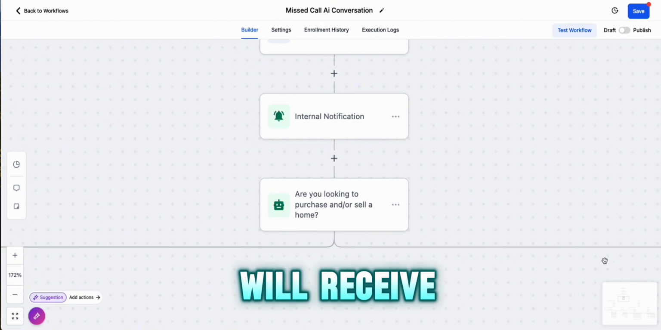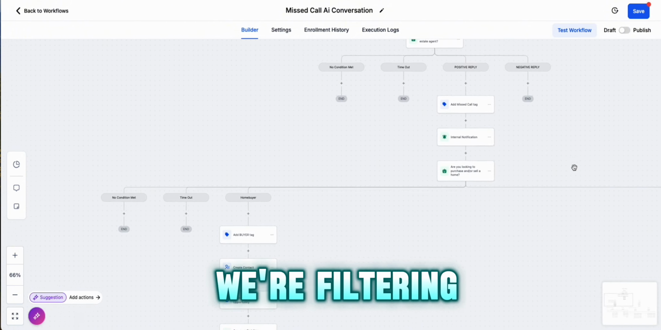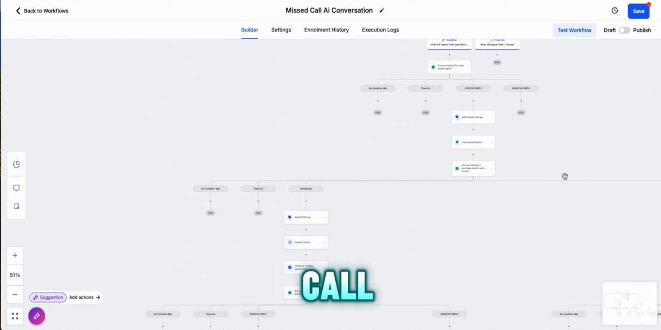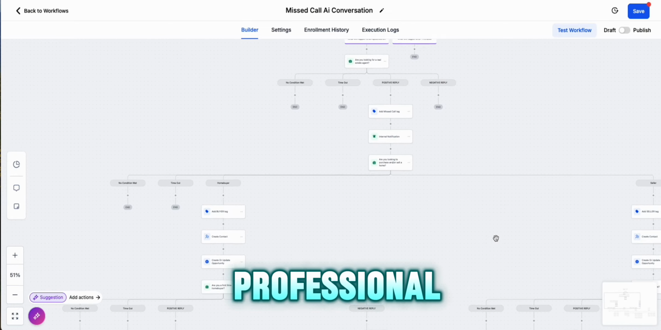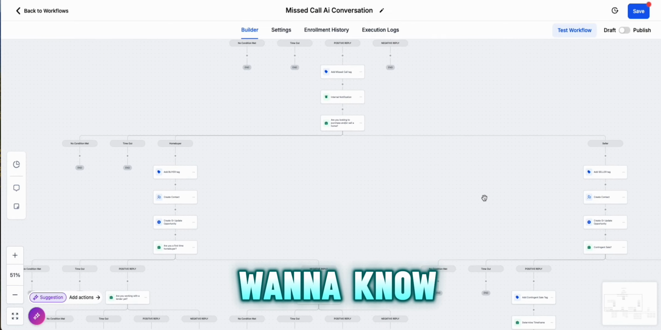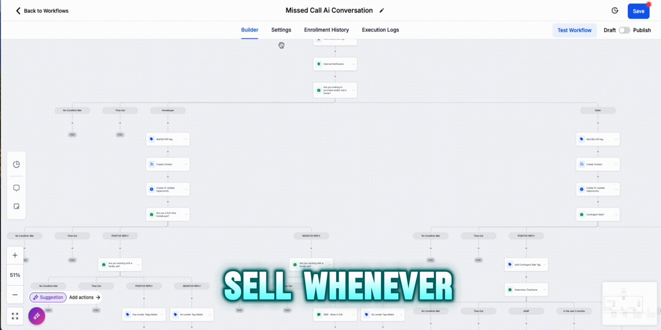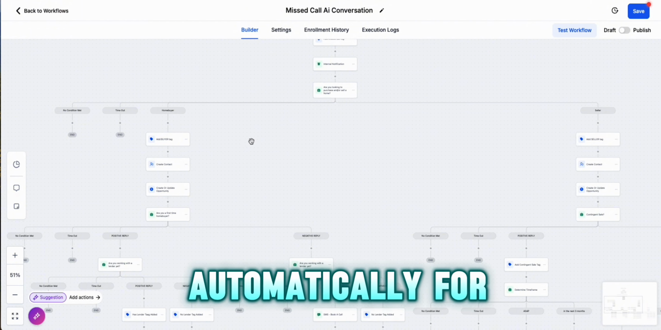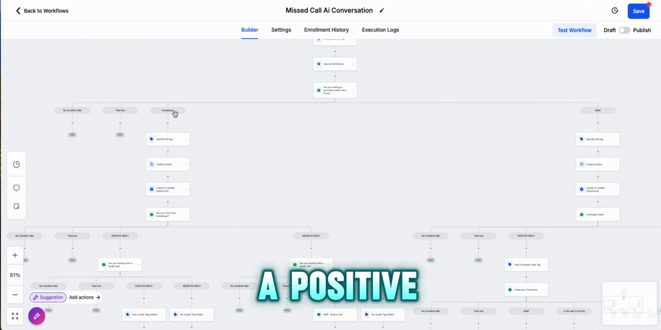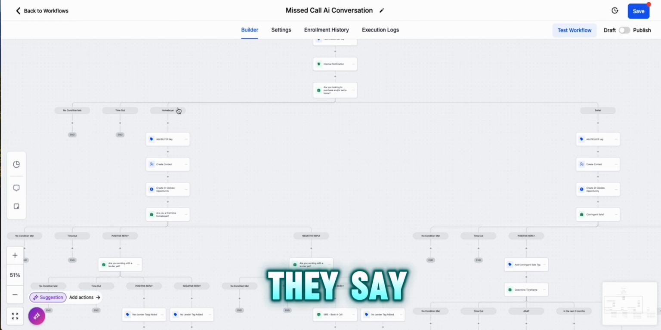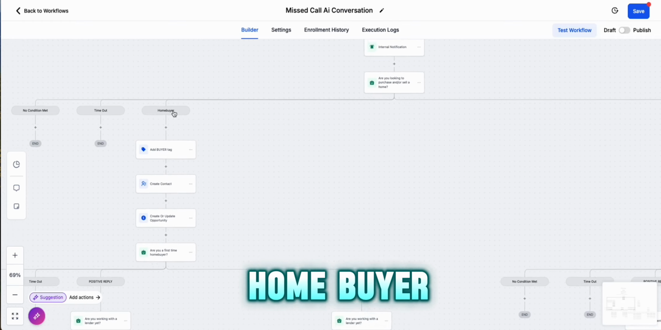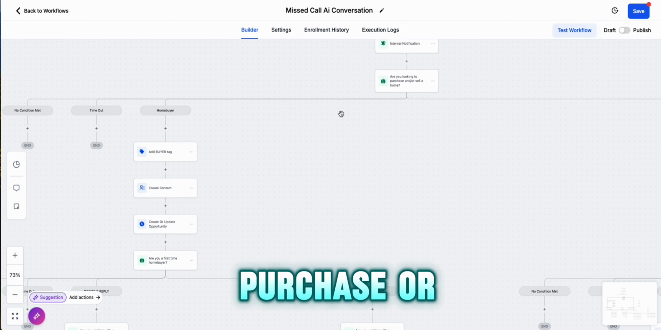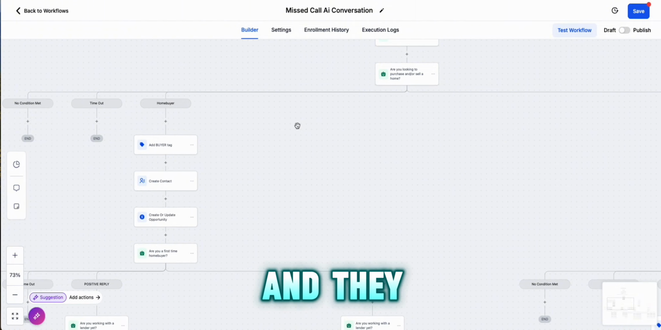that they will receive. You see, so now we're filtering the incoming call for your real estate professional. They're going to want to know, well, are they looking to buy or sell or whatever? So we're doing this all automatically for them. If they say they're a home buyer, for instance, are you looking to purchase or sell? And they say, I'm looking to buy,